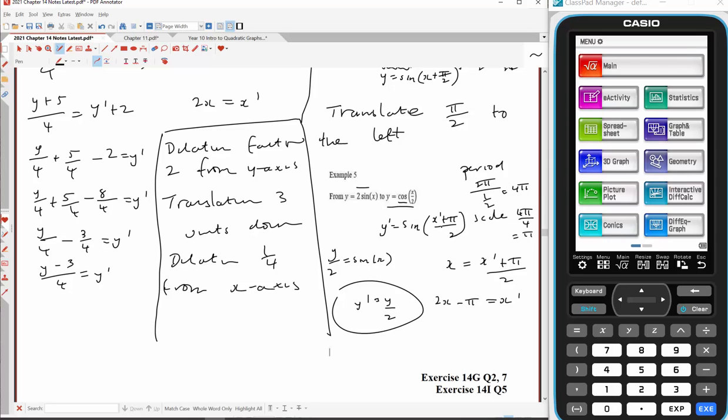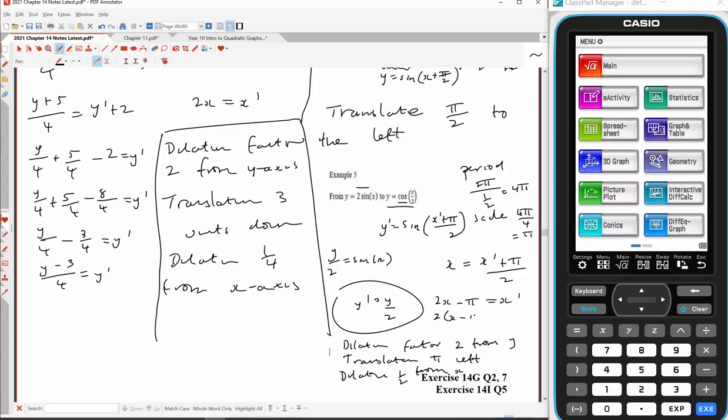I think I said half from y, which is silly. Okay, so all the more reason to use mapping on this one. So we'll just write it out formally. So this is here, that's a dilation factor 2 from y, a translation pi left, and a dilation half from x. Right, and again, just don't forget that you could actually factor out the 2 and write this